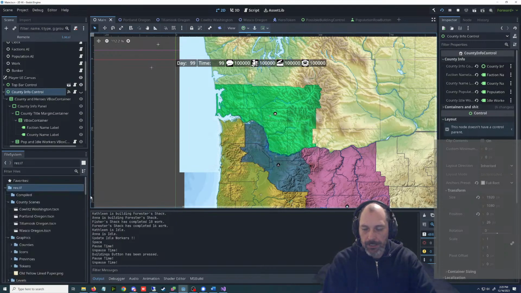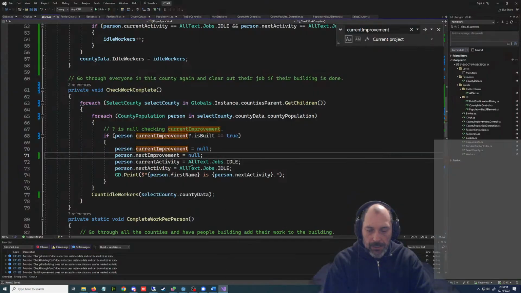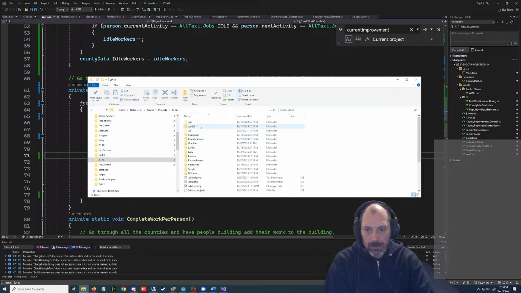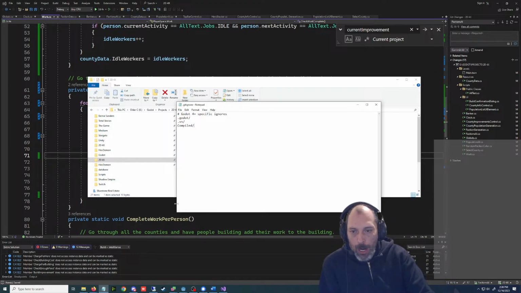This is going to be a disaster. We're going to have this compiled folder in here, but then we also need to add it to the git ignore. Compiled.